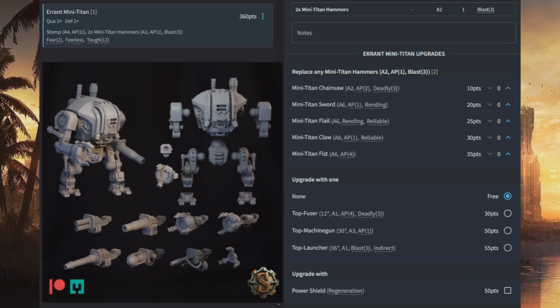kind of showing all the options that come with that one in particular, just to show that most of his stuff does come with melee attachments that you can just choose to use instead of the guns. So for this one, I couldn't find any of his production photos that had 2 melee weapons equipped, just to show you that it is an option whenever you pick this guy's stuff up. So for options, you can replace the mini hammers with chainsaws, swords, flails, claws, or fists,